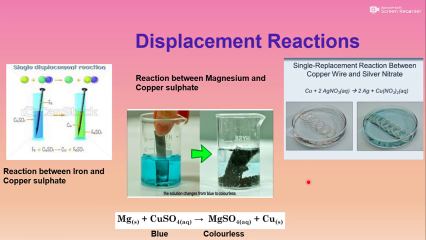Here you can see potassium is at the top. So potassium is the most reactive metal, and platinum is at the bottom. It is the least reactive element. We have to remember this reactivity series, so there is a story related to that. In this story, the first letter indicates the name of the element. So let's read this story.